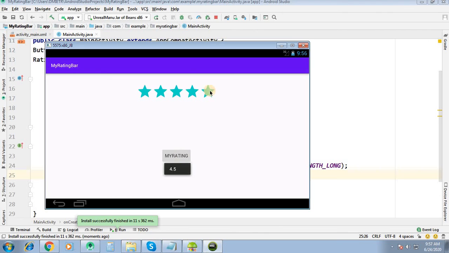So total 5 rating. Now 3. So you will get the rating according to the selection.